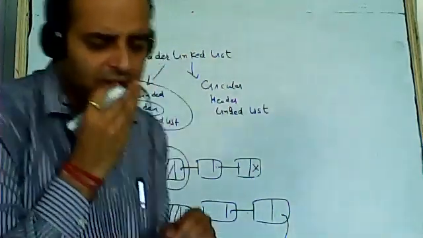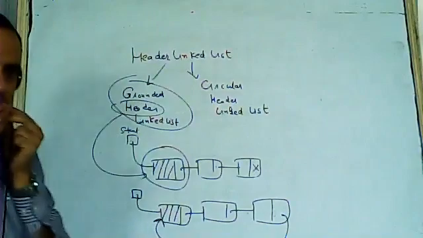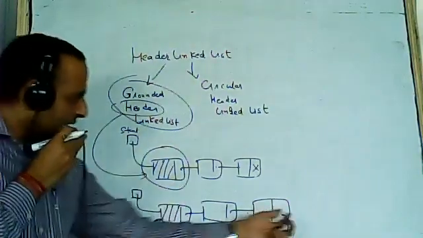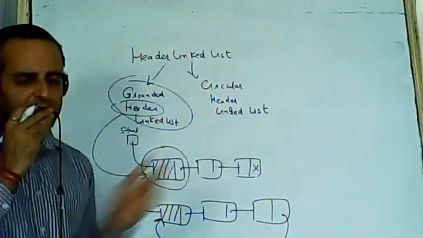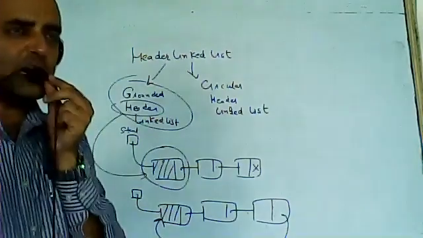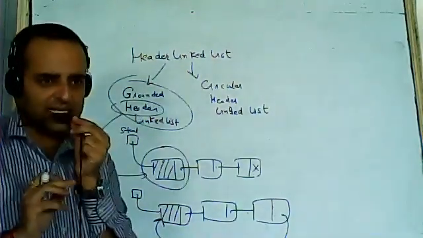Is it clear now? Sir, the start will be equal to the last value. The last node will contain the address of the first node. Yes sir. Okay. Now we are not going to cover the algos for circular linked list because you have already done